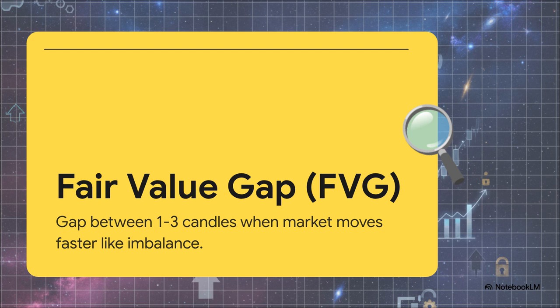See, when big money steps in, they do not tiptoe. They enter with such explosive volume that the market simply cannot match buyers and sellers fast enough. This creates what's called a fair value gap, or FVG. Picture a massive, rapid price imbalance just shooting across your screen. It's a literal gap left in the price action across just 1 to 3 candles. The delivery is incredibly fast, violently breaking away and leaving a gaping hole of unmitigated price action right in its